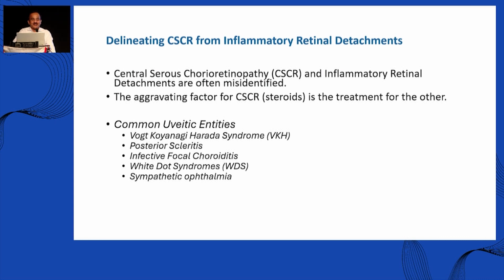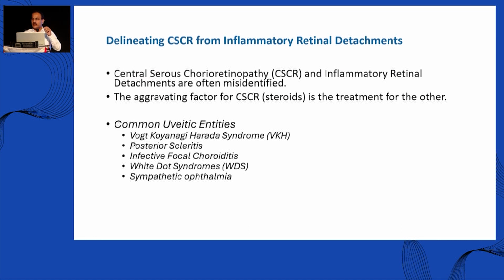When I started making the lecture, I realized the importance of this. This is an important topic. Why? Because it's very crucial whether it is CSR or another inflammatory condition: if it is an inflammatory condition, you give steroid; if it is CSR, you don't give steroid. If you give steroid in CSR, it becomes elevated. The first case that I showed you happened to me. That is why it is important, and this is a common mistake that most eye surgeons experience,